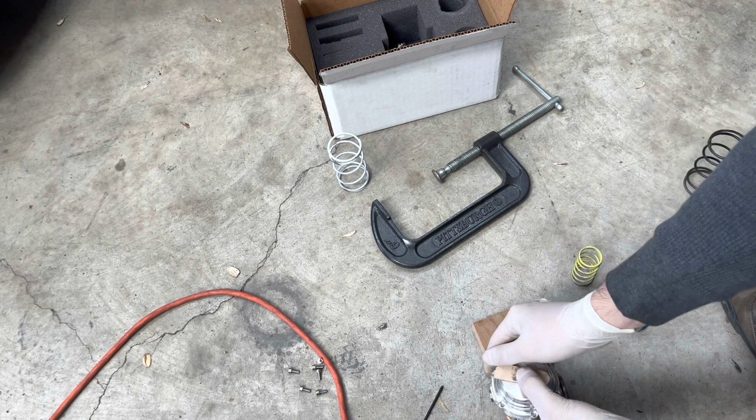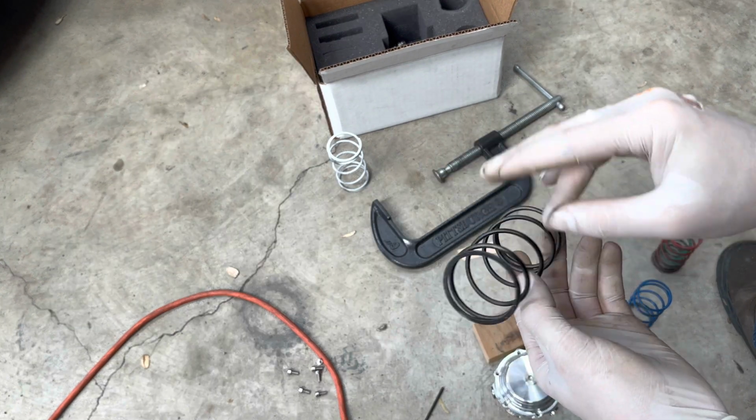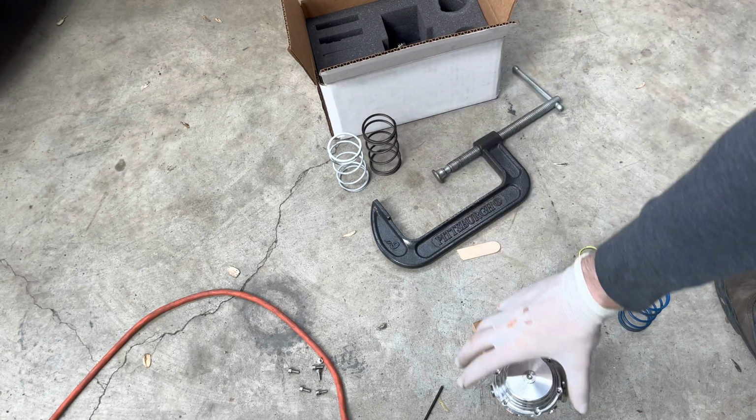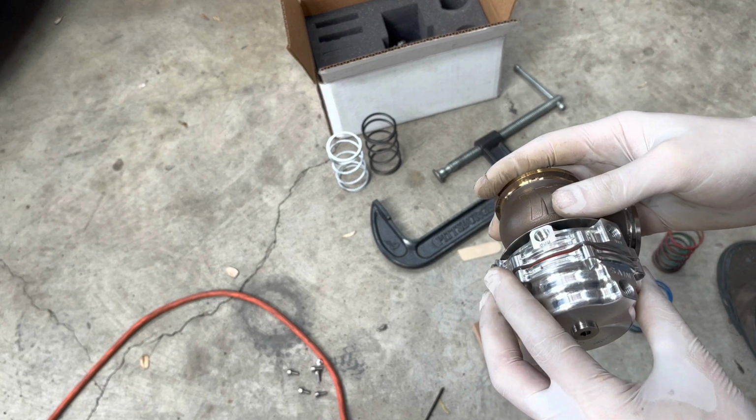Also, I noticed, I'm an idiot, I said that was a copper spring. It's actually black. That's my bad. So another thing to take note of, and I just thought about this after I started to put this back